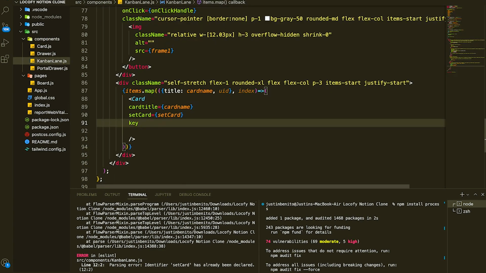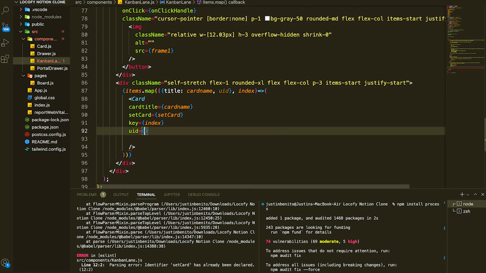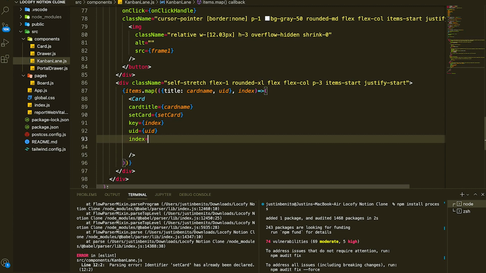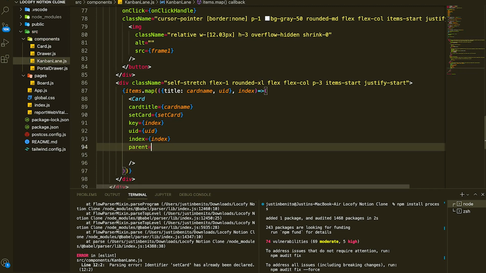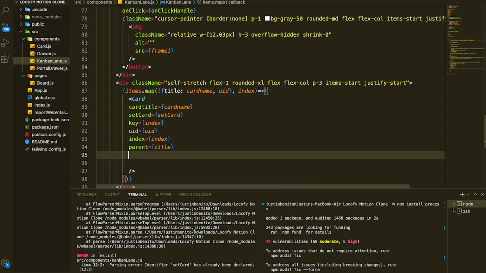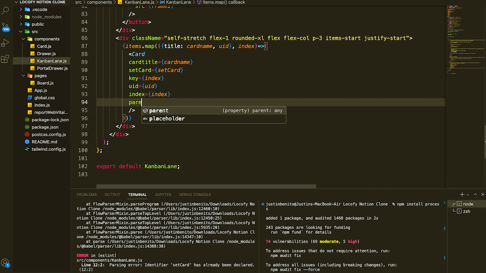And then for the key, it must be the index. And for the UID, the destructured UID value. And the index is the index itself. And the parent would be the title property. Let me also pass a new property called add new card, where I'll pass in a new function add new card, which I'll define on top of this. So I'll add the parent prop, and for the parent, let me pass the title property as a parameter